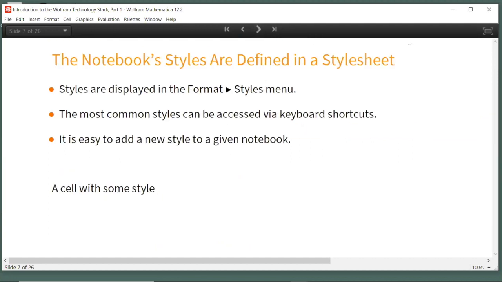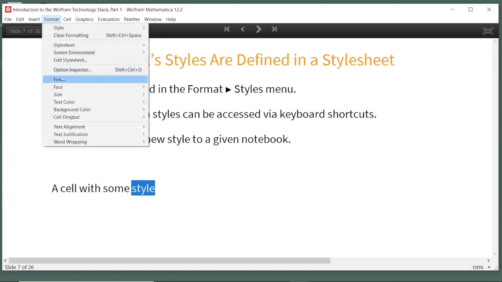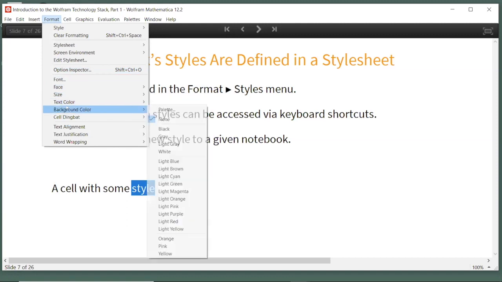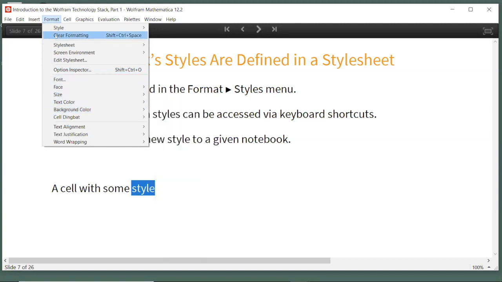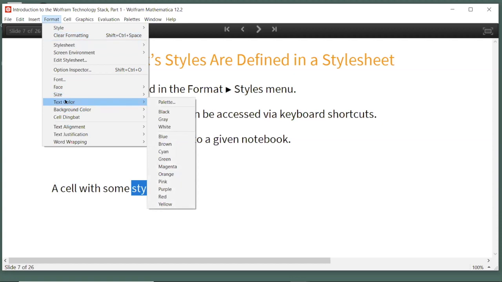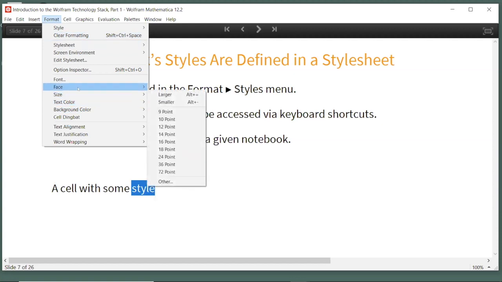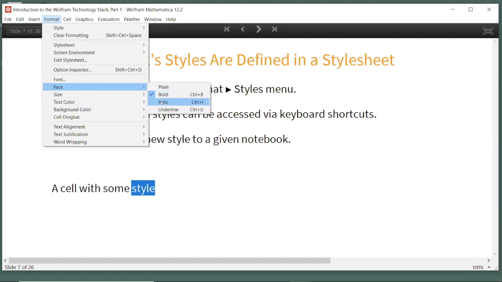Notebooks are defined by what we call style sheets. So there's a couple ways to adjust the formatting of a notebook. The first and probably the most common is, if you just want to do something, you can think of this like OpenOffice or Word or something like that. If you want to change the font or the face or the size or the color or the background color, you can do all that just with the Format drop-down menu. So for example, if I want this to be italic, there's a standard keyboard shortcut for that, of course,